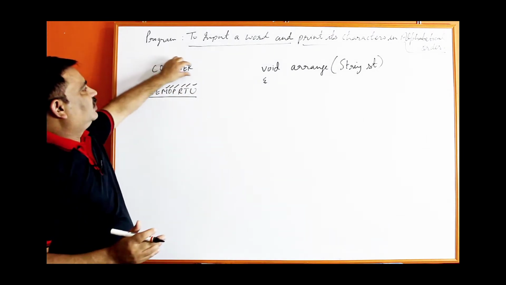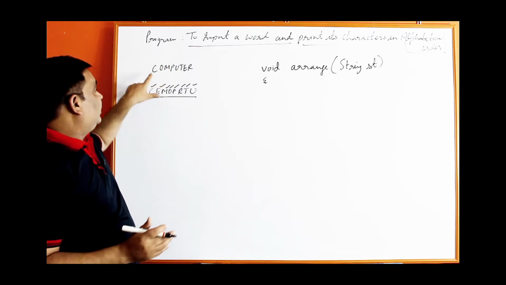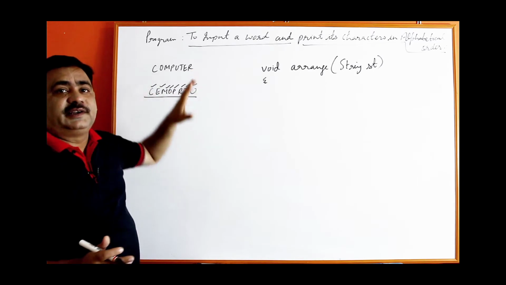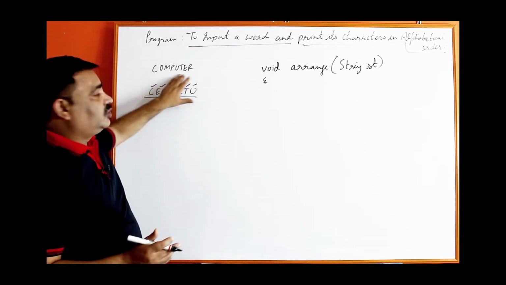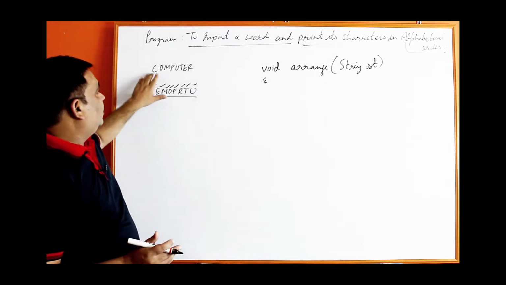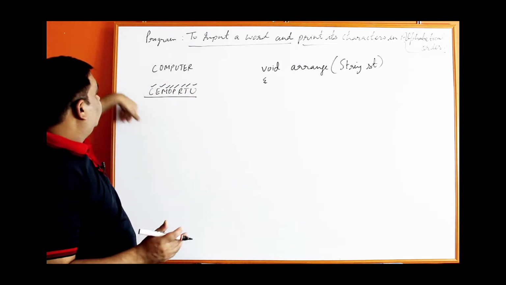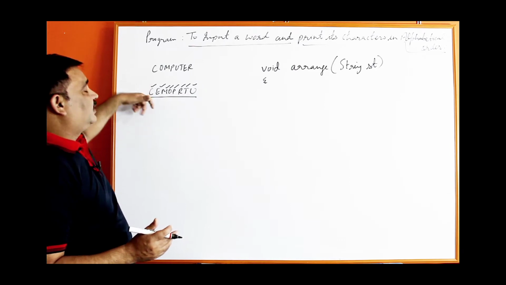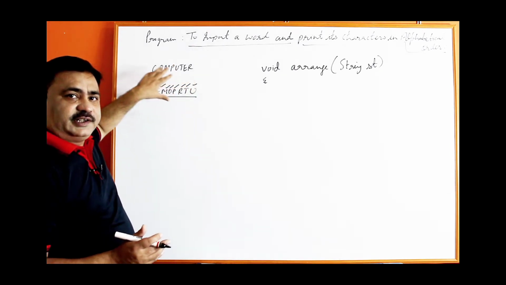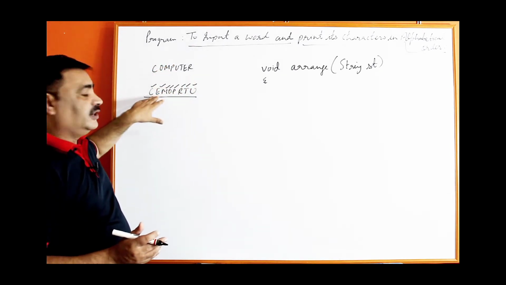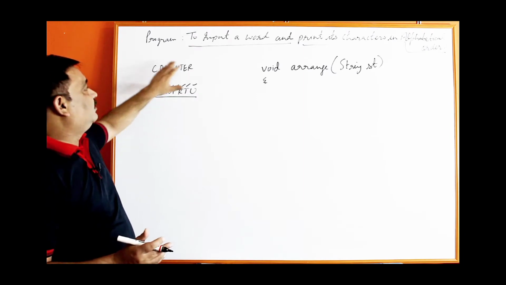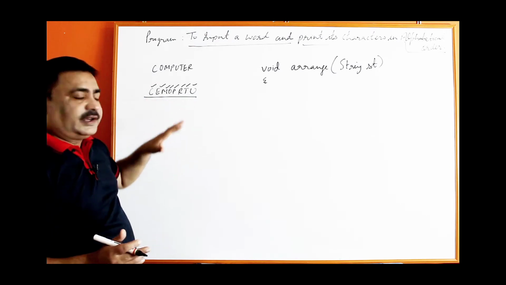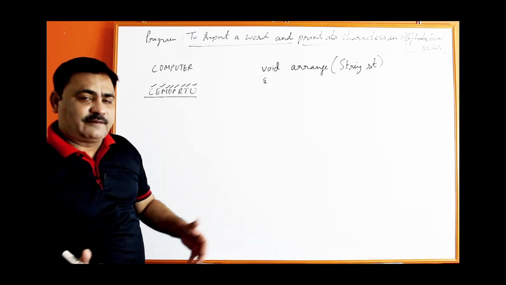First of all, I will search for capital A in this string. There is no capital A, so nothing will be printed. Next time I will search B. B is not there, nothing will be printed. Next time search C. C is there, print the C. Next time search D. If D's are there, print them, but there is no D. Next time search E. E will be printed because there is an E. So in this way you can arrange the characters of the word in alphabetical order.